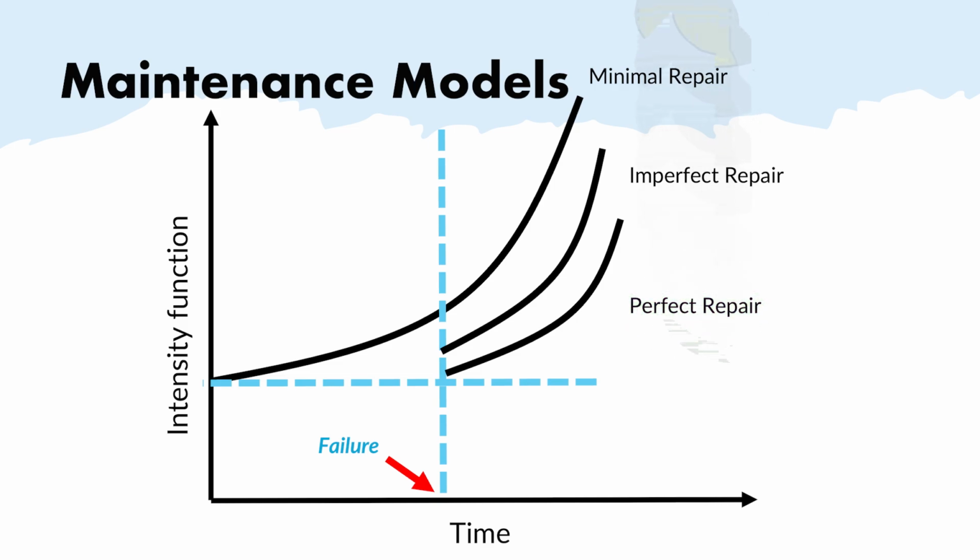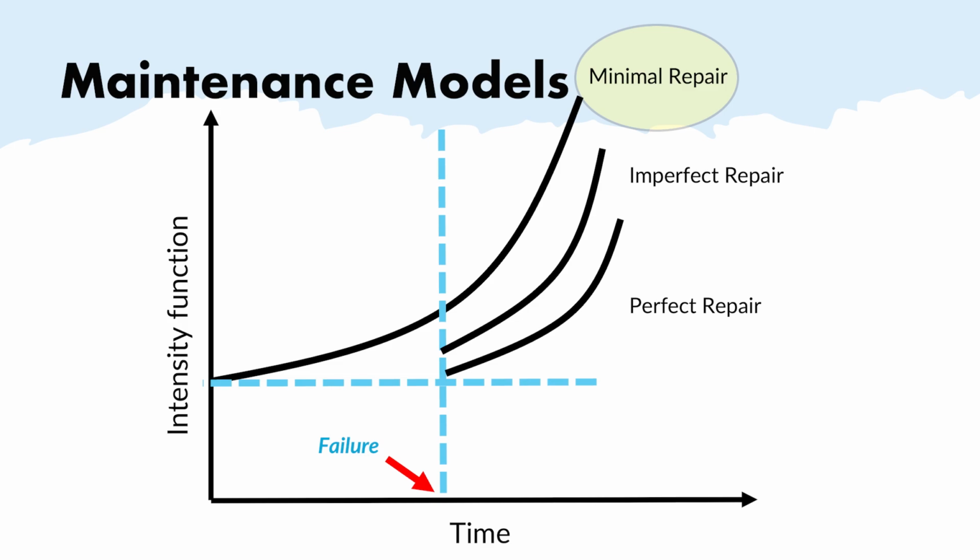And then we have the concept of minimal repair, which does nothing to the intensity function. So imagine that you are having more and more failures, you'll continue to have more and more failures. Or in the other case, if you have less and less failures, you have less and less failures in terms of intensity function.